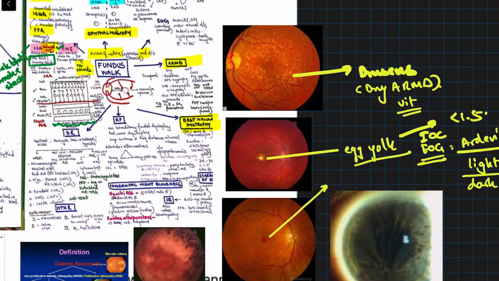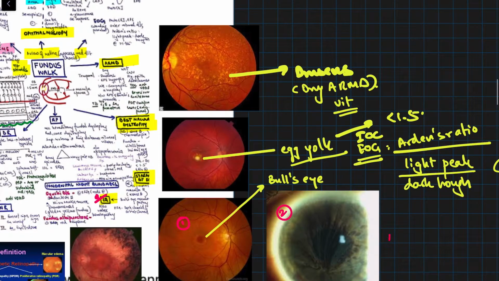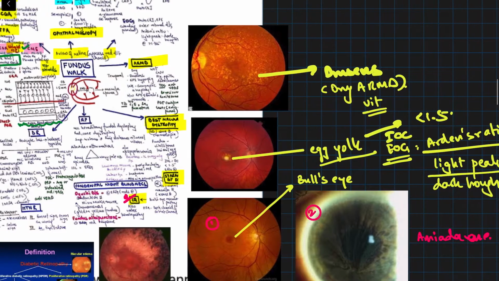Then the next image, you can see a target type macula, right? This is bullseye maculopathy. And this is seen with two diseases. First is Stargardt's disease, which is an autosomal recessive disease, and it is a dystrophy of the cone, right? And on FFA, you will see a silent choroid or a dark choroid. Then the other is a very important drug, that is chloroquine, right? Chloroquine is associated with first bullseye maculopathy and second vortex keratopathy. Remember, one more drug is amiodarone, that is associated with vortex keratopathy.